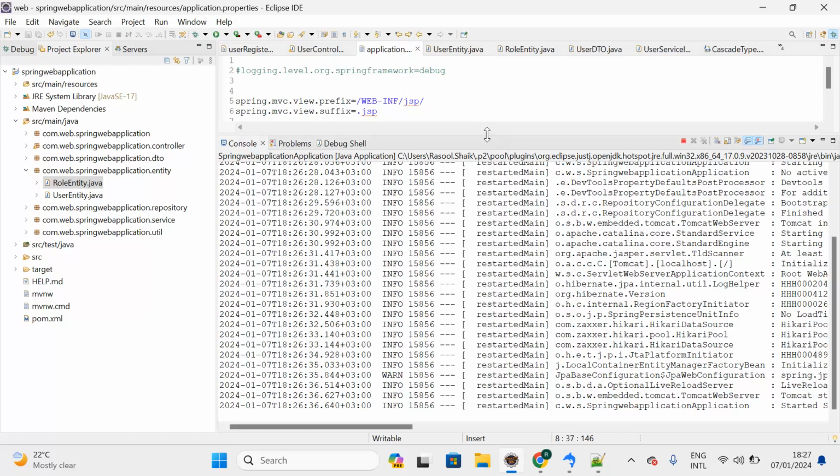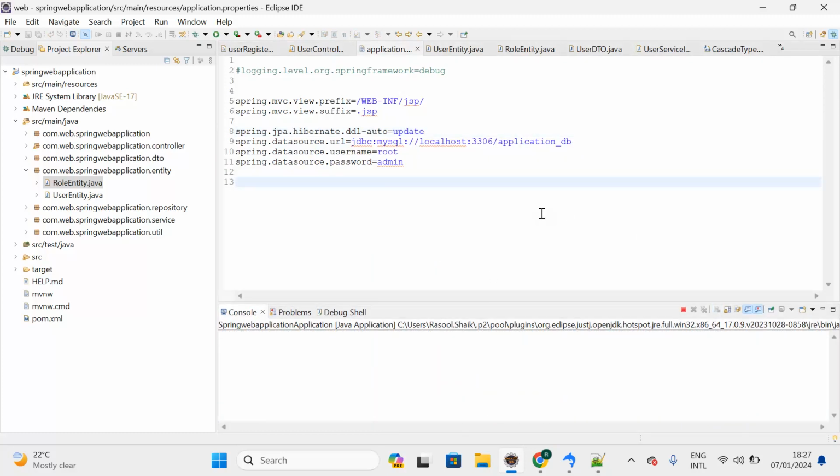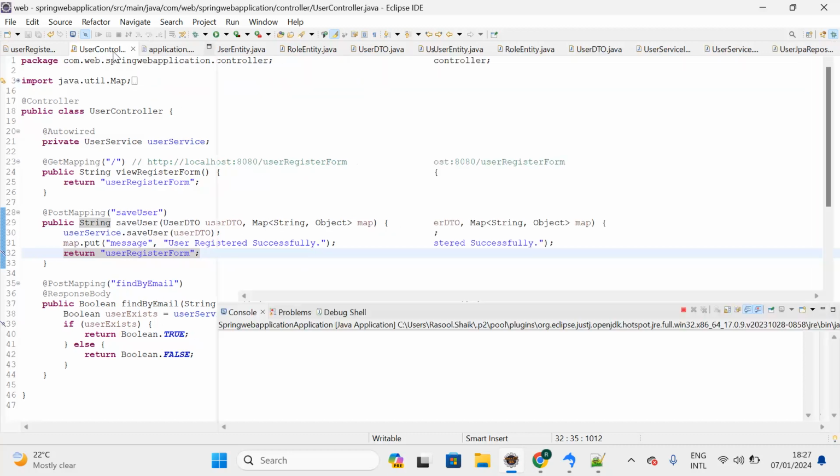So now we have created a many-to-many relationship between the user entity and the role entity, right? While creating a user, we should add a default user role for the new user, right? So let me assign a default user role for the new user. For that, first, before that, let me